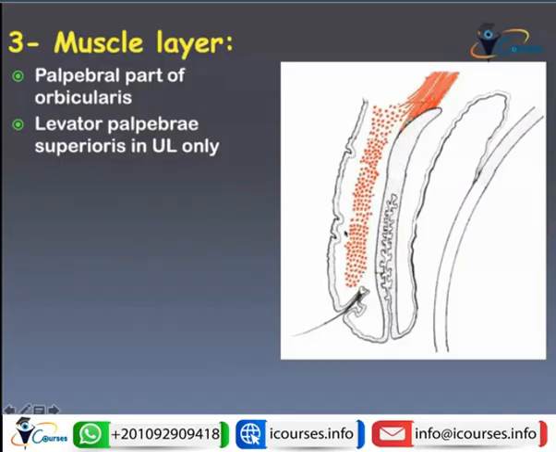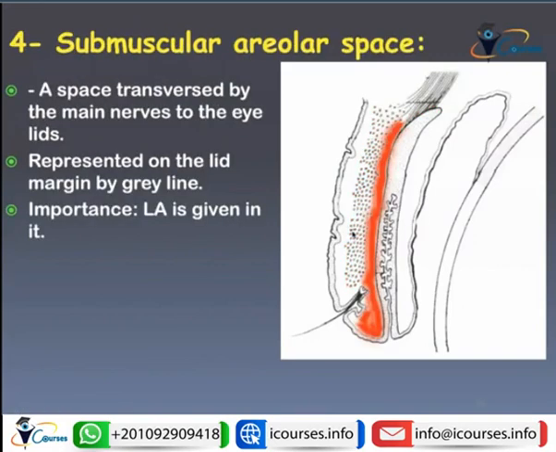So this is the muscle layer of the lid. And as we have a muscle layer, there will be a submuscular space. The submuscular space is the space that contains all the blood vessels and nerves that supply the eyelid. So this layer is very important